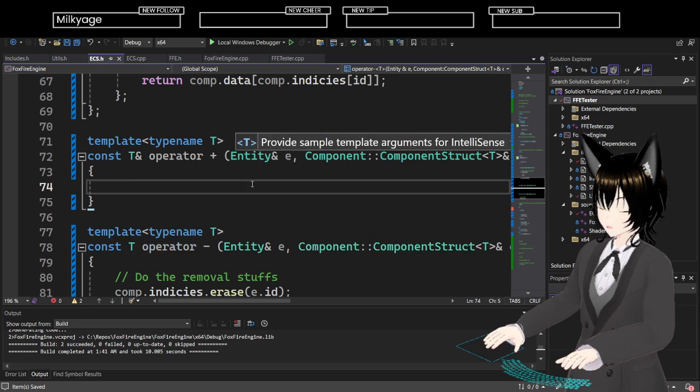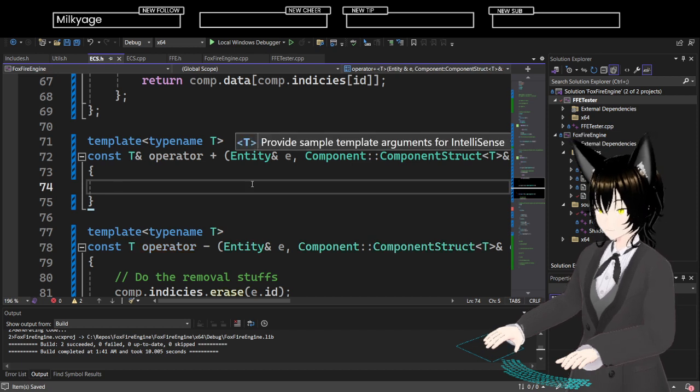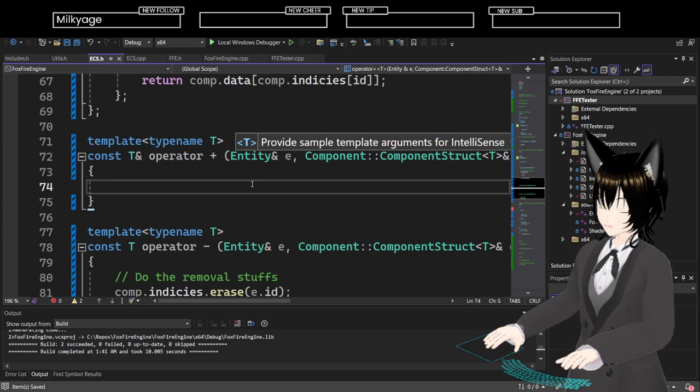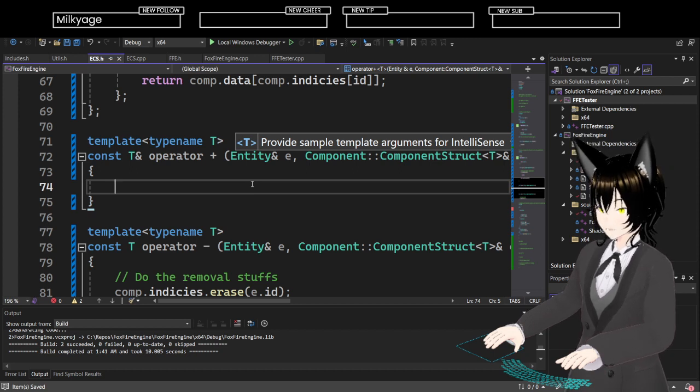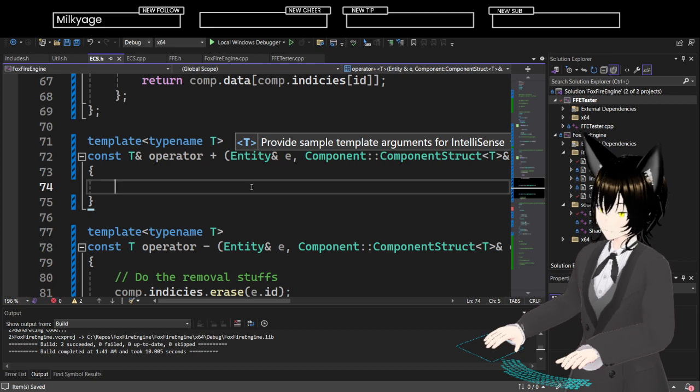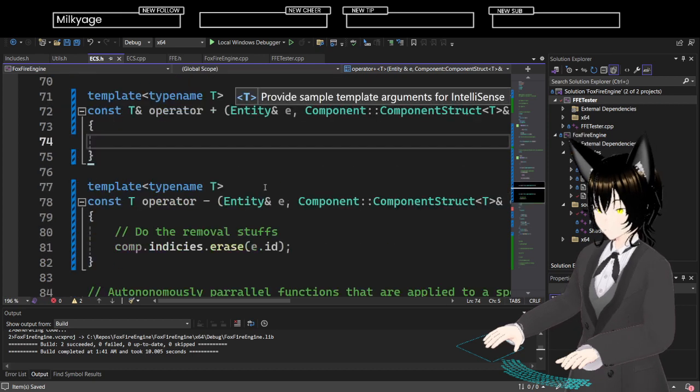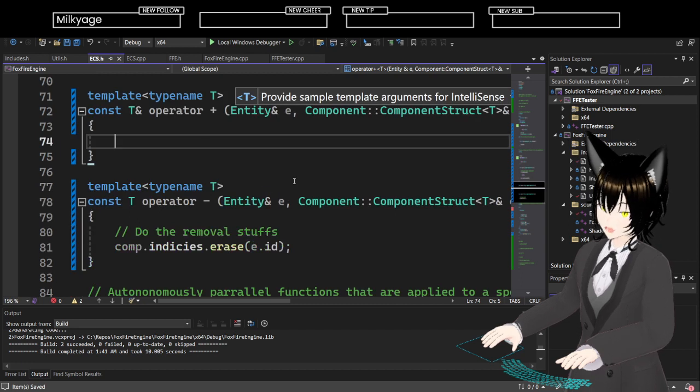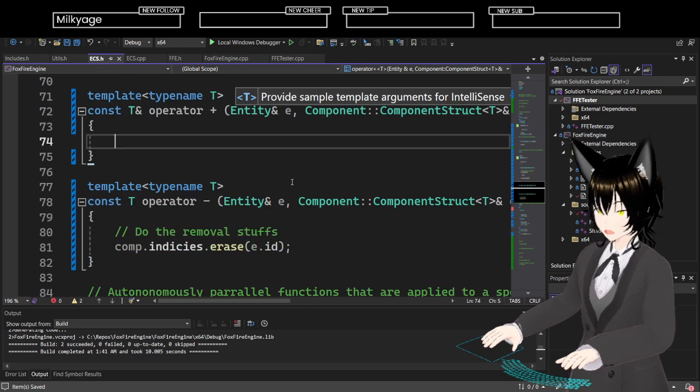Whenever you're making software that's going to be used by people, you have to write it with the understanding that an idiot is going to use it, even if it's just for yourself, because you are an idiot. That's just how it works, right?